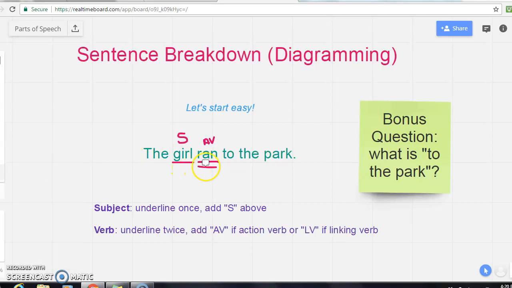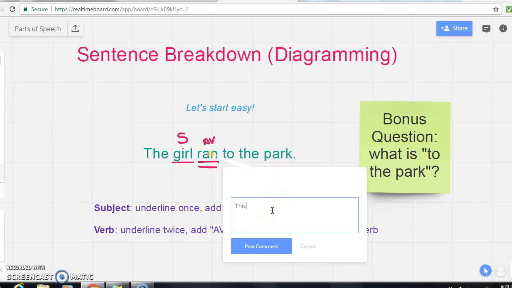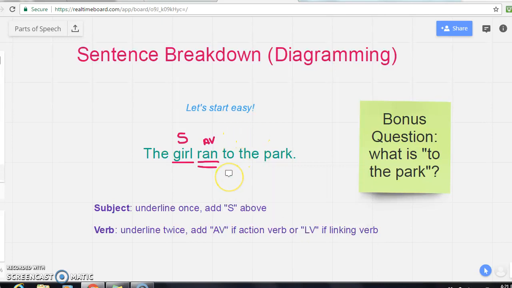And a really cool thing as a teacher is you can add comments on this. So here you can click on it and say that they didn't get it right. You can click on it and say, this isn't right, let's try again, or something like that. Or you can say, correct, good job. So basically, I spelled both of those wrong, but that's okay. Those are some really cool things that you can do